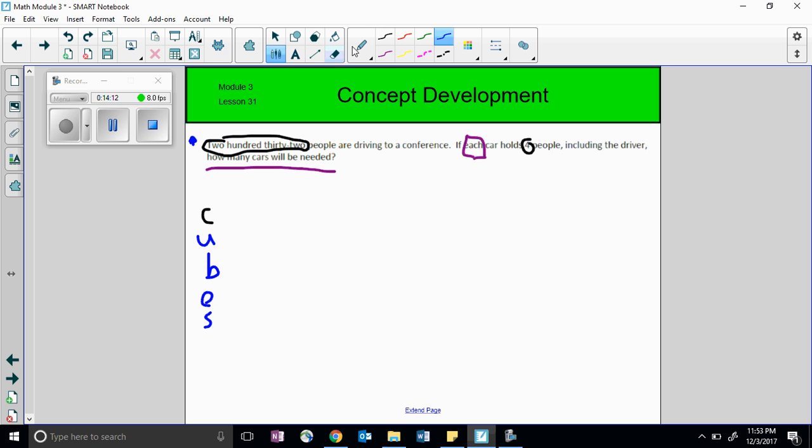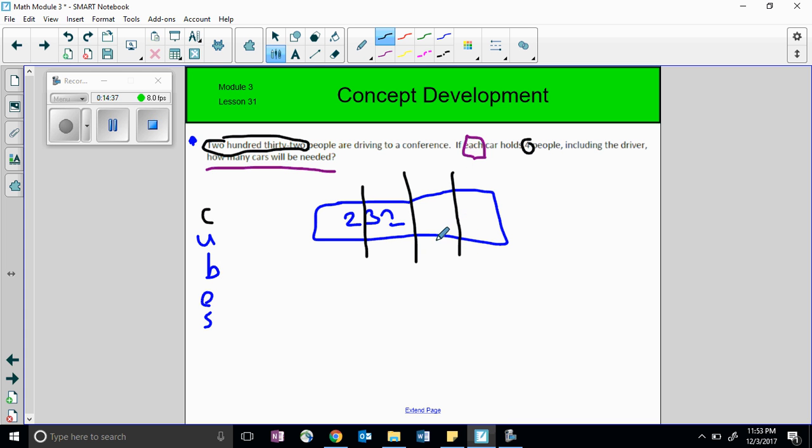Alright, so I've already done the place value practice. Let's go ahead and do the area model practice. Area model practice would tell me that I have 232. And I need to split this up into 1, 2, 3, 4 equal groups. But that's not always fun, because you can't just put 3, 2, 3, 0 and it's done. No, the groups have to be equal. So let's work it out